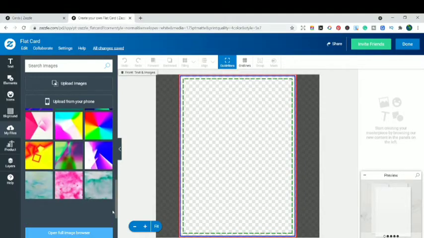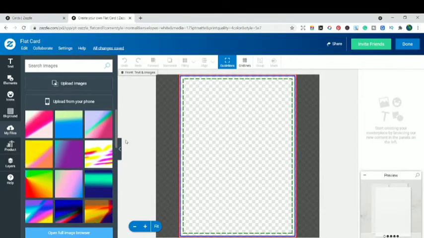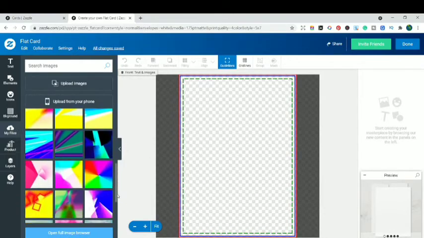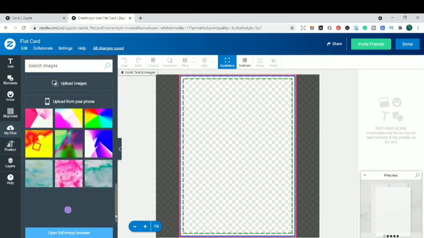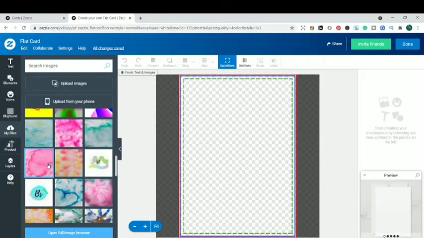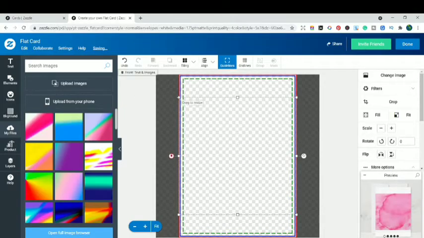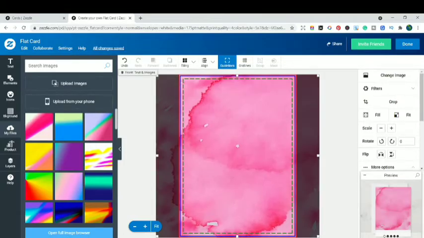So today I think I'm going to go with a texture from my own computer. Now these are the textures and gradients that I made. So I'm going to pick one texture from this folder for my greeting card. Probably I'm going to go with the watercolor texture because I really love them. So I'm going to go with this texture over here. So I'll scroll up and you can pick any kind of background you want to go with, guys. But probably I'm going to go with this kind of background and just scroll it down so that it covers almost the whole card. Okay. So now it's covering the base of the card.